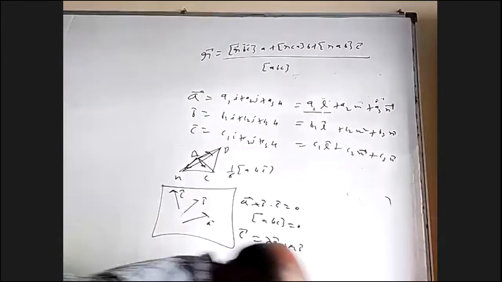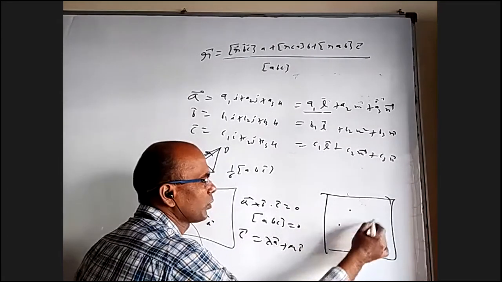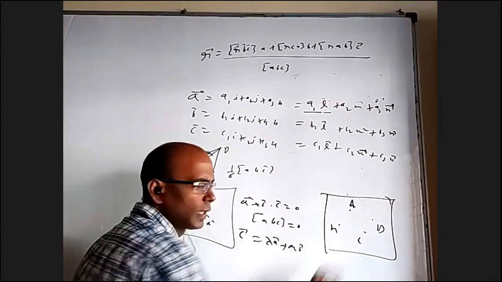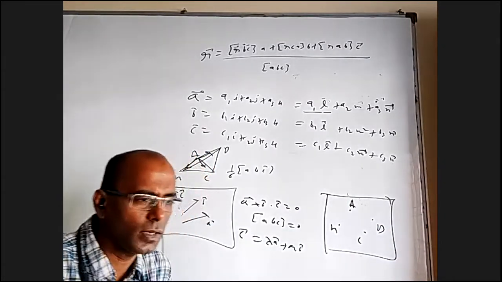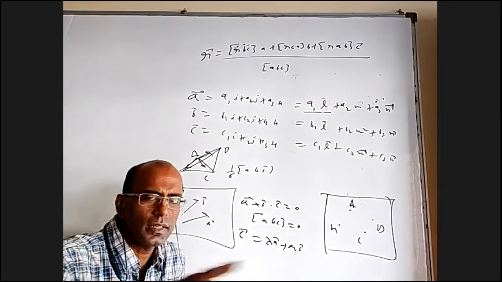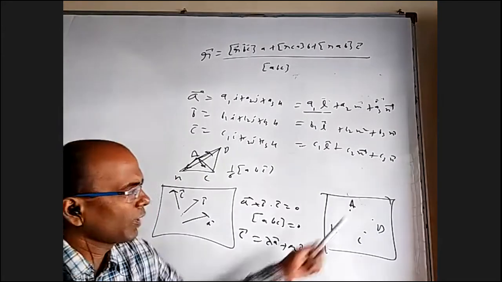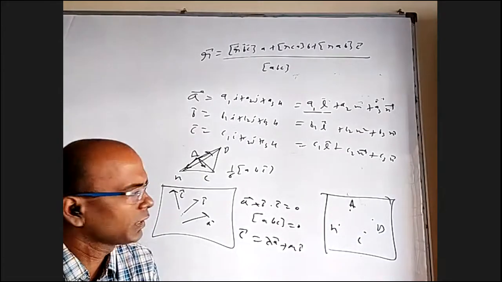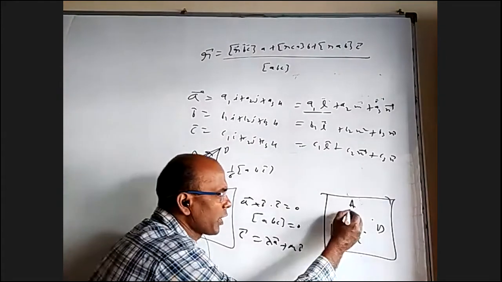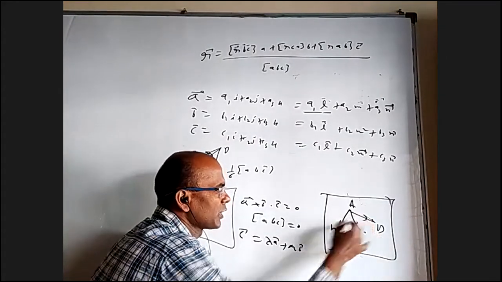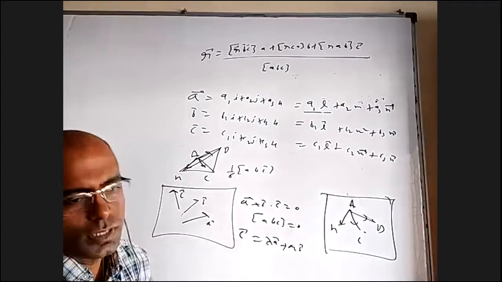What about 4 points coplanar? Let us say in a plane I have 4 points A, B, C, D. 3 points are always coplanar, because in space if you take 3 points, they'll always form a triangle or a line. Whenever they form a triangle, they're in a plane. Whether point D is in that plane or not, we don't know. If point D is outside that plane, they will form a tetrahedron. If point D is in that plane, they're coplanar. How do you know they're coplanar or not? Join A to B, join A to C, join A to D. If these three vectors are coplanar, the corresponding points are also coplanar.